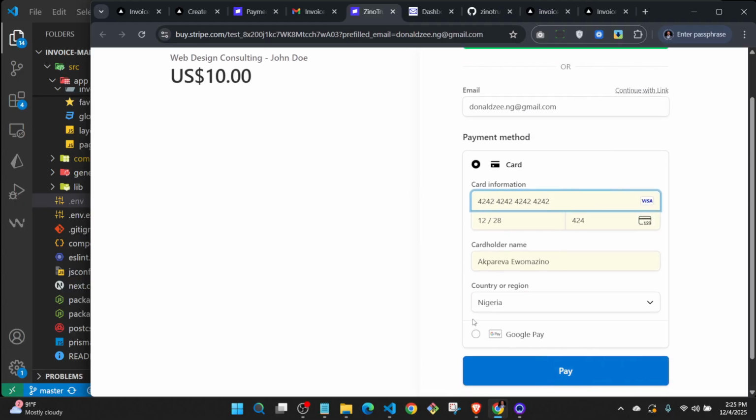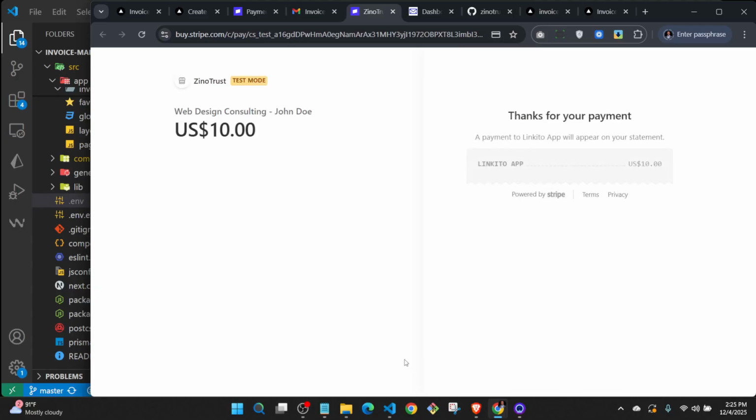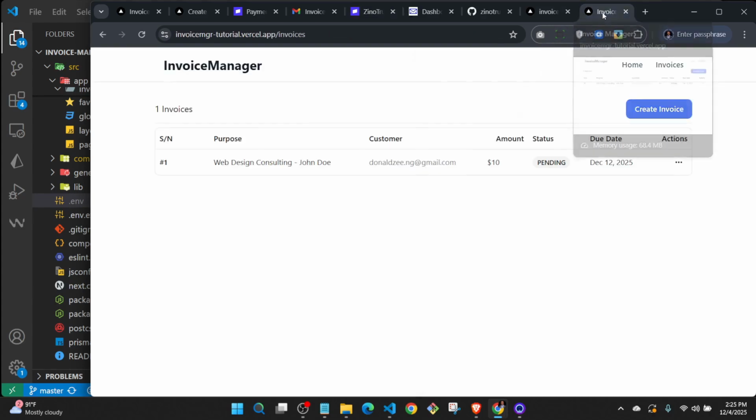That's for this new app. So let's try it now and see. So pay, and I'll be so glad if it just goes once and I don't have to troubleshoot or check for any error and stuff like that. But anyhow, we're still going to just, so the payment is successful, and I'm just going to come here